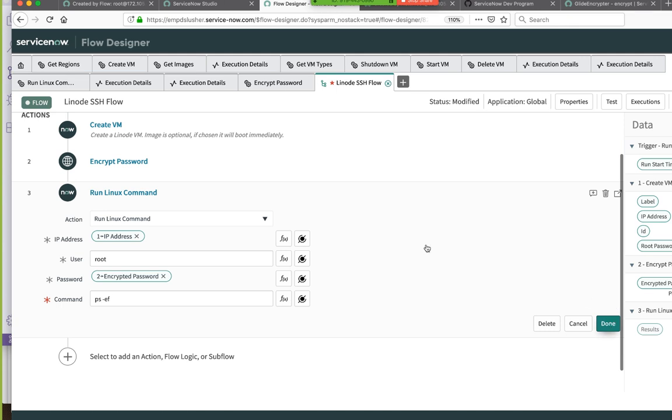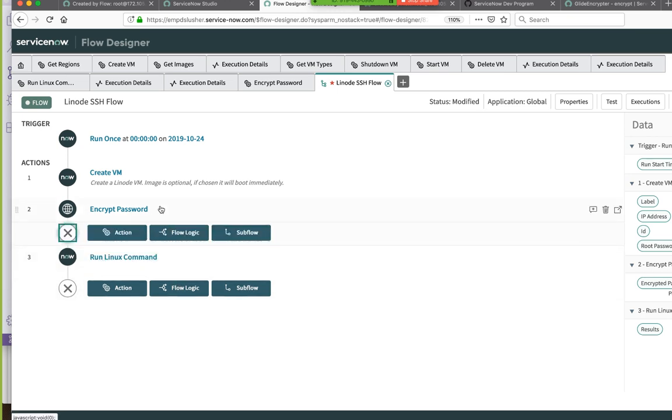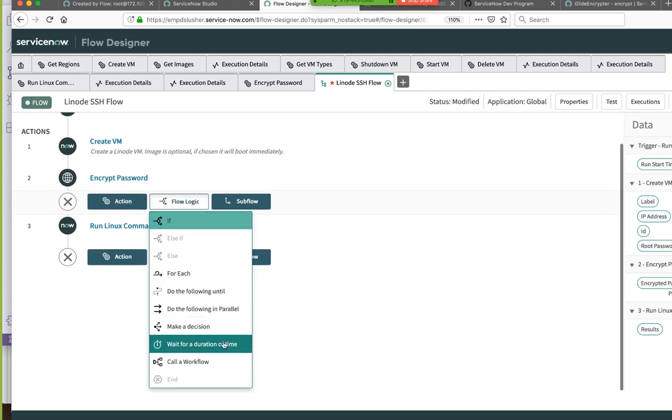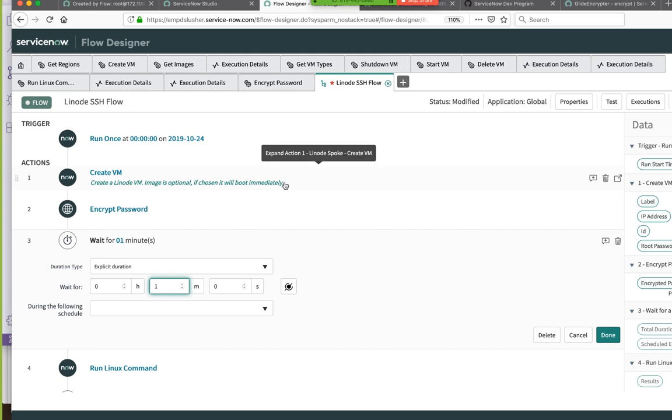And then we're done, right? Oh no, one more thing. Here's the other thing. We almost certainly have got to put a wait in here for it to actually spin up before we do the command. Let's wait for 1 minute. That seems reasonable. And in fact, while you're doing that, if you've got a Slack open in the not-work Slack, you can pop me that password once it's on the test screen, and I can SSH to it and take a look at it here. I want to verify that I can get there from here.